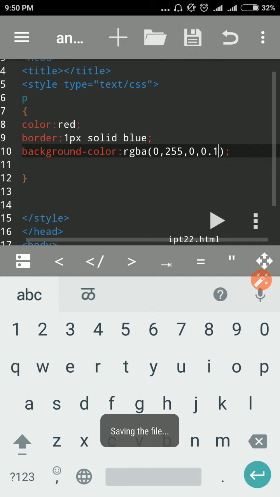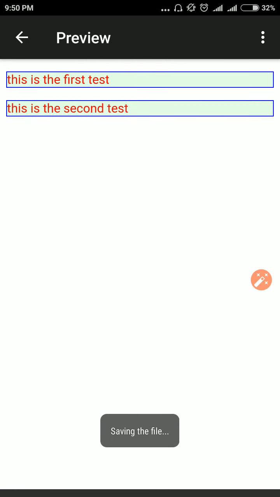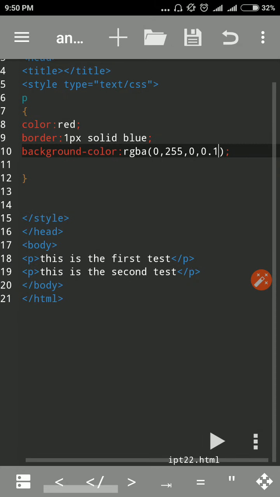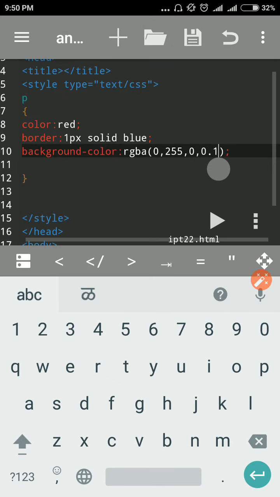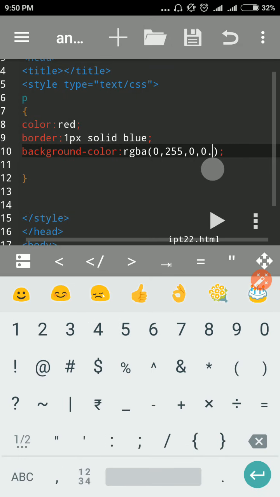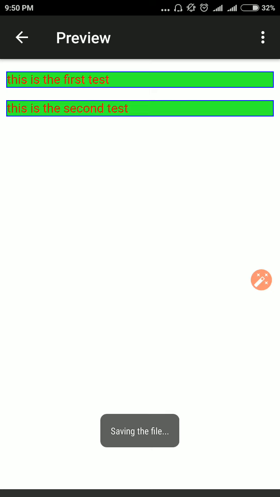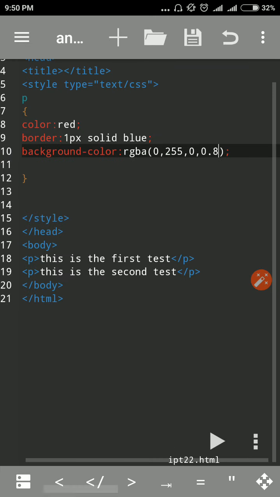We save this one and we run. Very light transparency we got here. Then suppose I take 0.8, which means the highest color we got on there, and less transparency. We save this, we run this one. So in that way we can take the alpha channel on there.